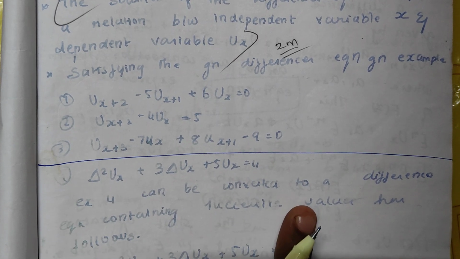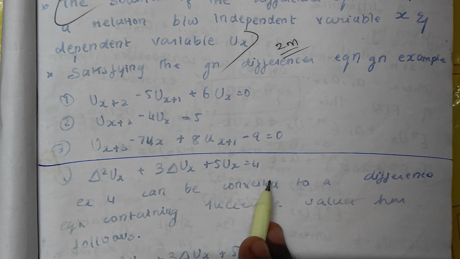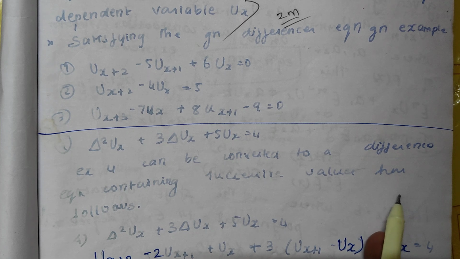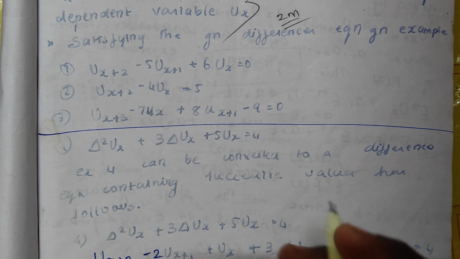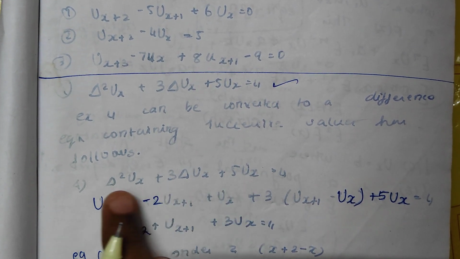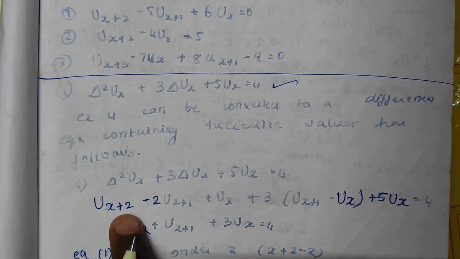We will take this equation: del square ux plus 3 del ux plus 5 ux is equal to 4. Okay. So here it can be converted into a difference equation. Here I can convert this into a difference equation. So this is my question. Okay, so I'm converting this by ux plus 2. This del square will convert to x plus 2. Okay, then